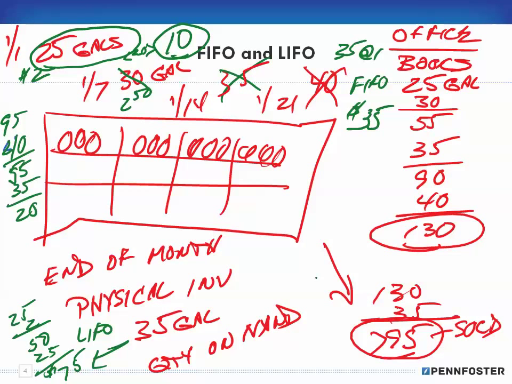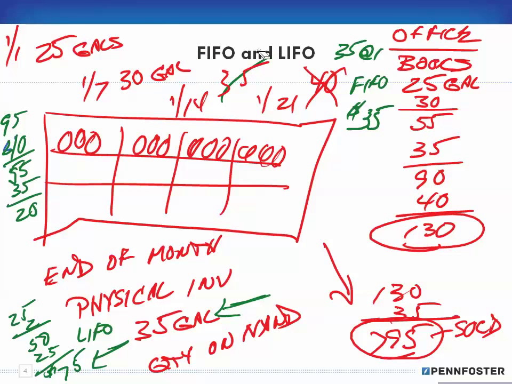But the thing that most students don't do is, they get the idea of push to the back, push to the back, push to the back, but when they do the physical inventory and they look at the quantity on hand, they want to use that quantity and say, okay, that's what I'm going to take out. That's wrong. No, that's what's left. And the other thing that they do, and I don't want to confuse you here, but just in case you happen to be making the mistake,